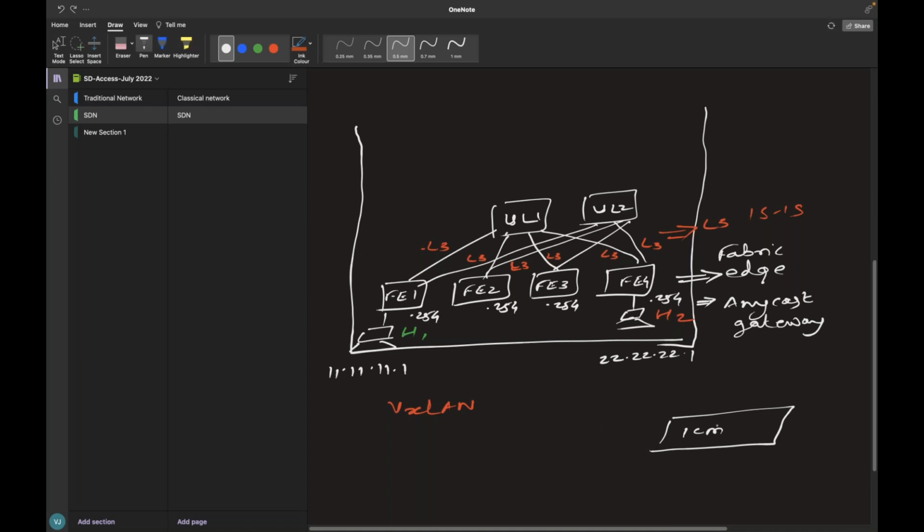Let's consider the destination IP as 22.22.22.1 and the source as 11.11.11.1.